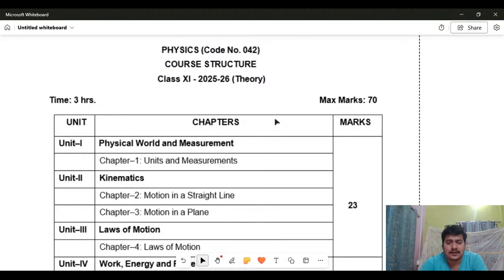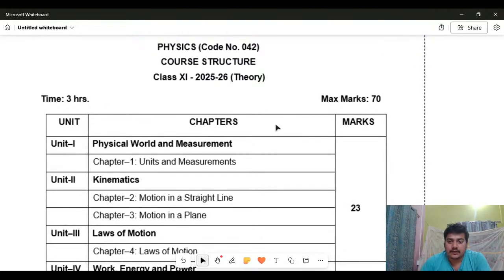So this class is basically a discussion of the physics syllabus of class 11. Some of the students are from West Bengal and other places, so they have a different board, right? They have a semester system, meaning the total class is divided into 4 semesters. But for CBSE, it will be a yearly exam of 70 marks, meaning the whole of class 11 will be read with all these chapters.